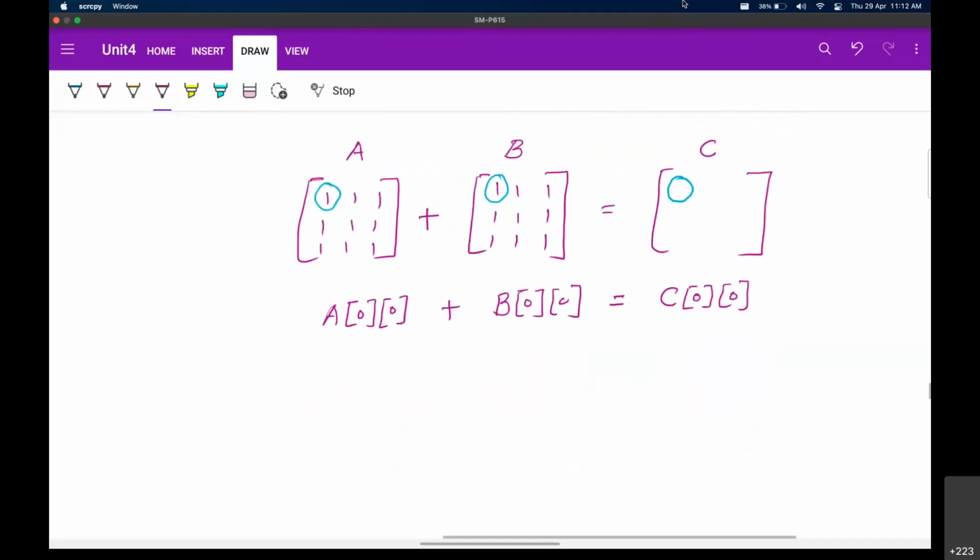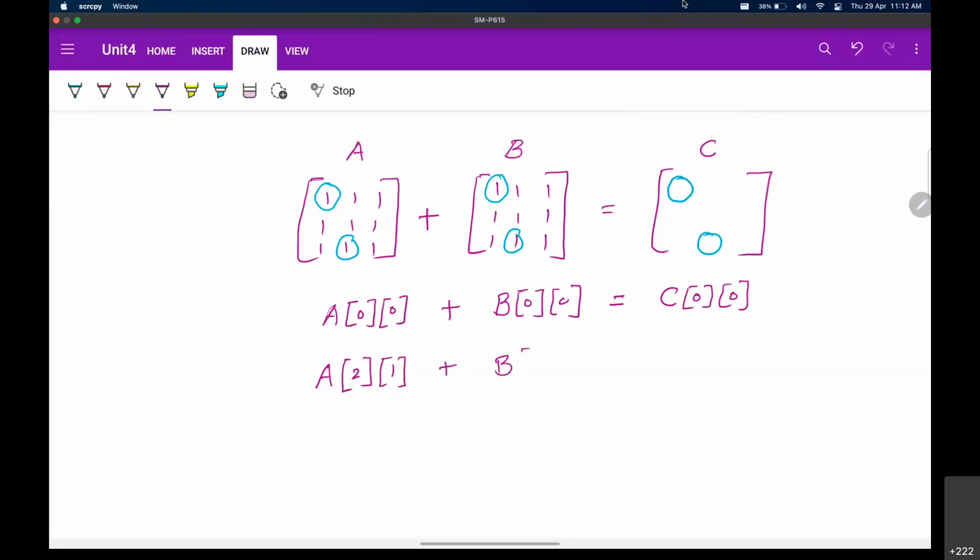Which means if you go and calculate this thing, third row second column अगर आपको calculate करना है, then it is going to be something like matrix A से third row index हो जाएगा 2, second column index हो जाएगा 1, so A 2 1.